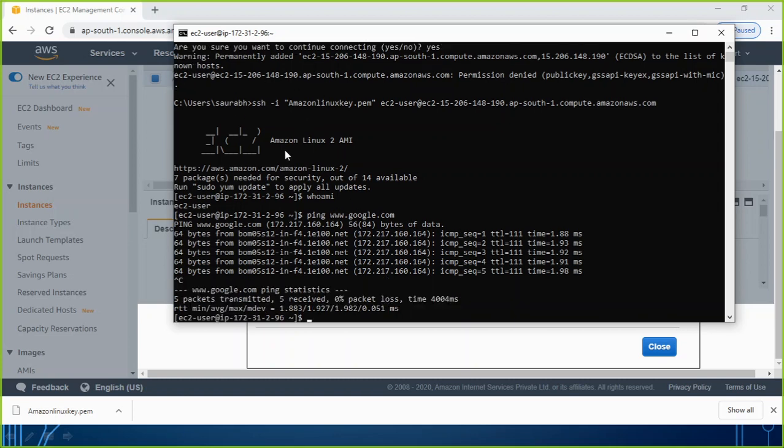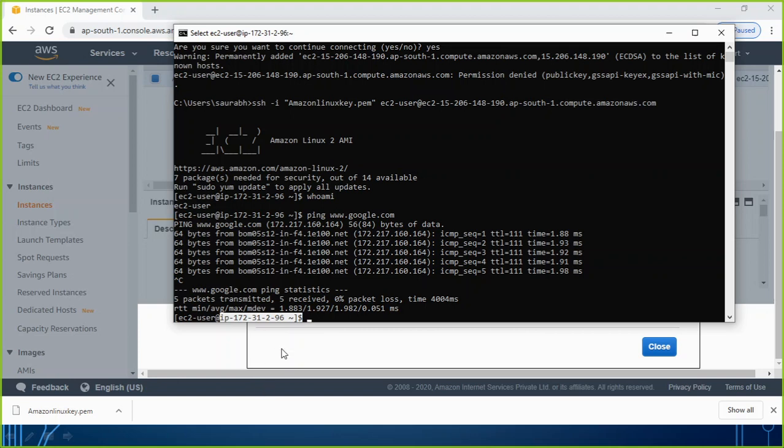So this was the first method I have shown you, how you can connect to a Linux instance from your Windows machine by simply going to the command prompt using the SSH command, and then you will have the access of it. If you are a Linux user, you will be able to perform all the tasks now from here: creating a user account, creating a file, installing any specific kind of package there.